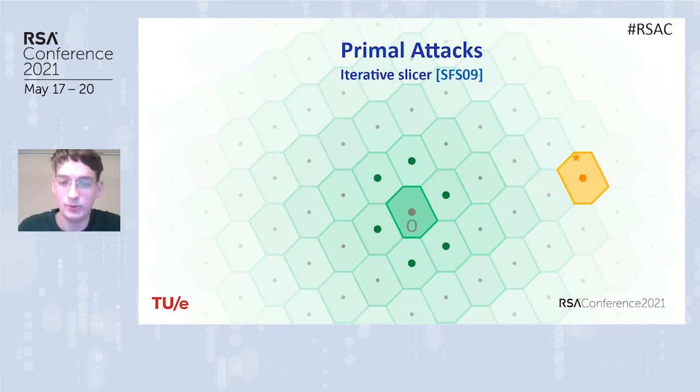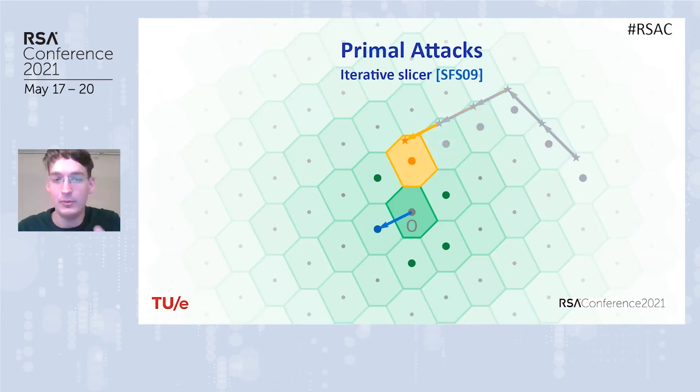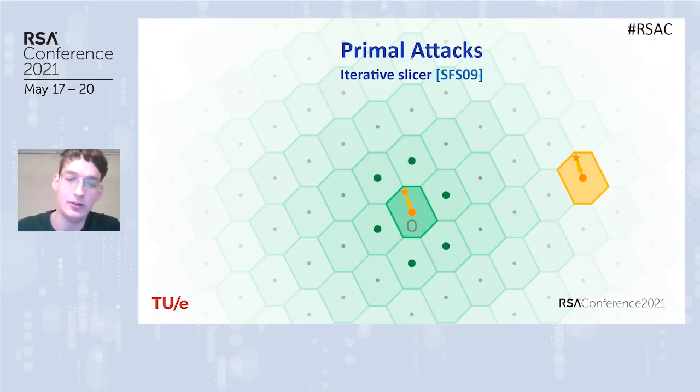What we're going to do is add relevant vectors to make it shorter and shorter until we end up in the Voronoi cell of the origin. So just to show what this means, we add these vectors one by one, shifting it in the same coset of the lattice until we end up in the Voronoi cell of the origin. In this case, we cannot reduce it anymore. So we know that now the origin is actually the closest point to this shifted target, and that also tells us